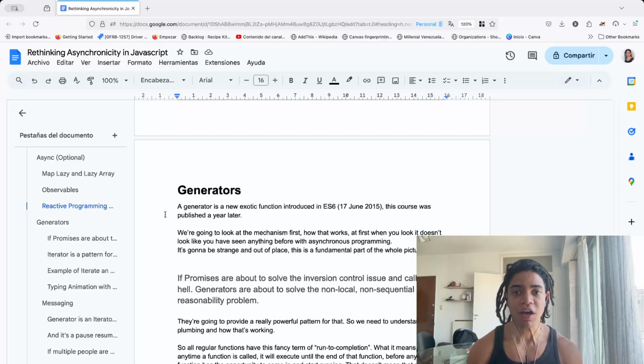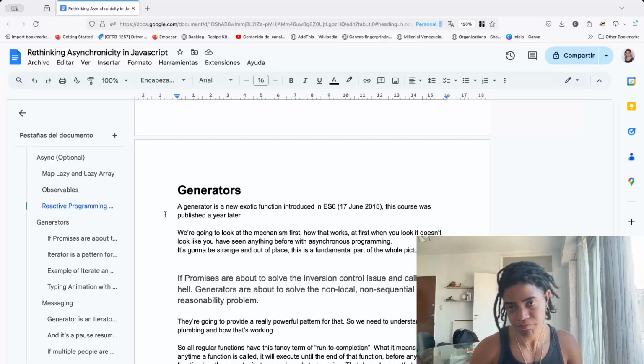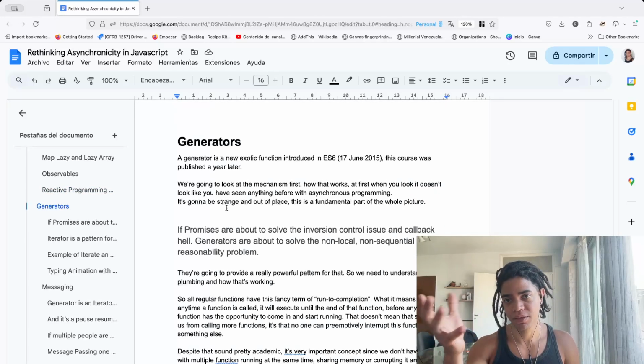With generators, a concept introduced in ES6, it became easy to describe a recurring pattern that we need in the language. So generators are the ability to pause and resume functions. Our functions run to completion, which is a great thing,